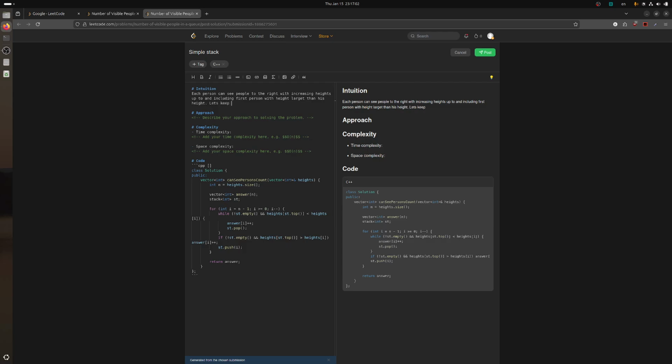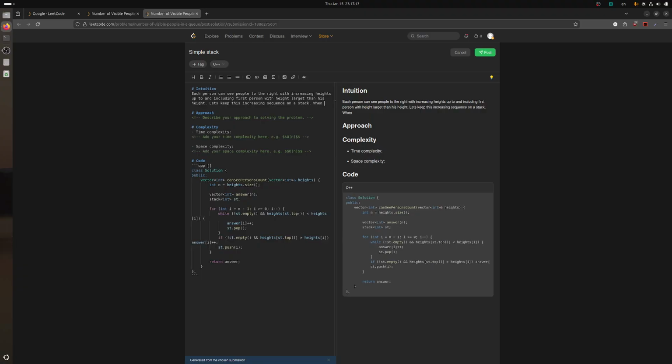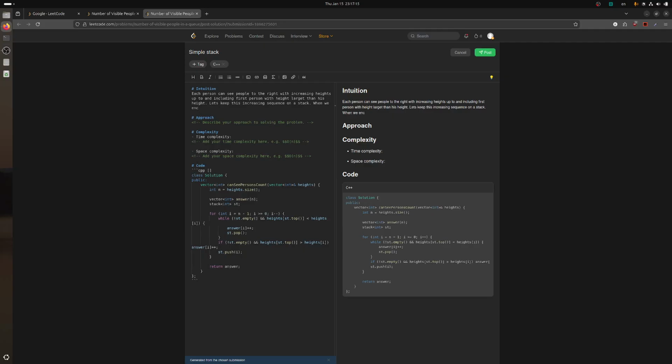Let's keep this increasing sequence on a stack. When we encounter a new person, they can be paired with those. But I wonder why, because